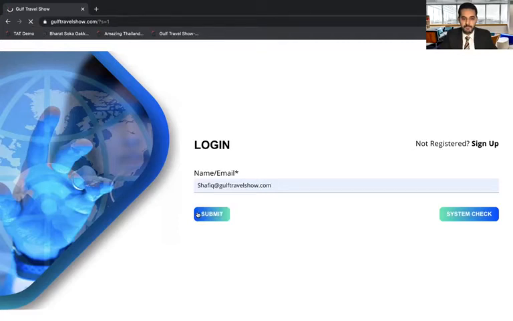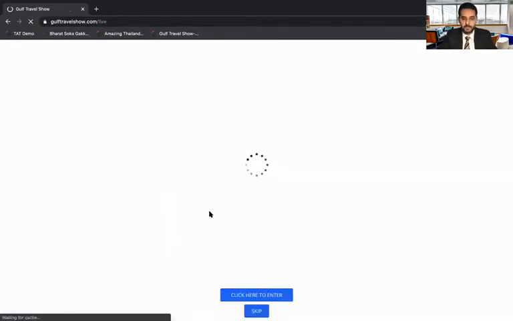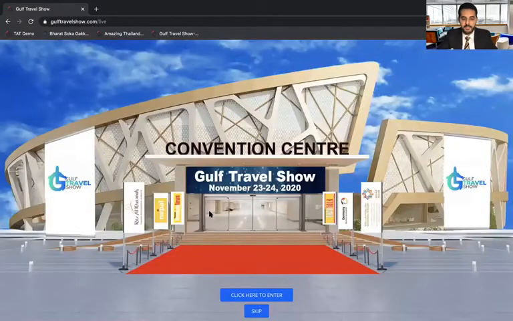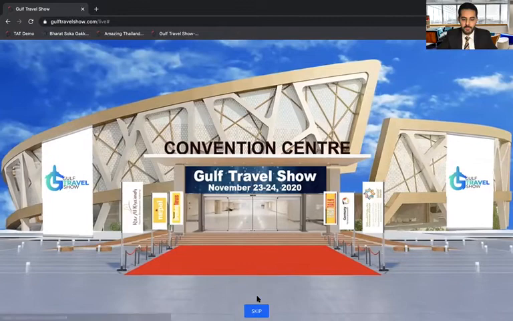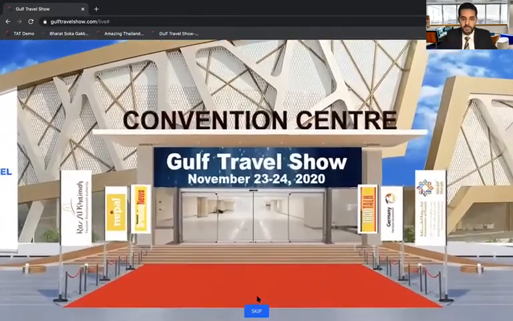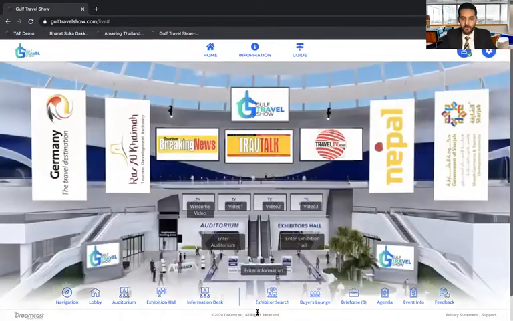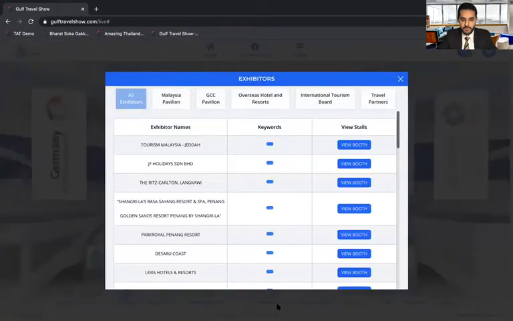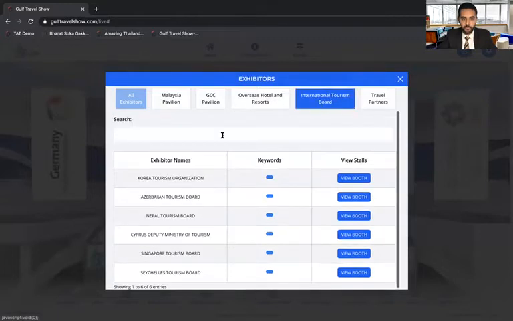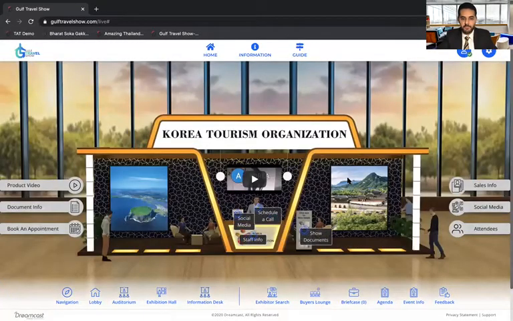So once you submit, you're able to view the front end of the platform in its full glory. And you can witness the small walk-in functionality that is there, or you can simply skip it and reach the main lobby of the platform. You can search your own booth by the search tab on the bottom of the platform. And as per the pavilion, you can go to your own booth. For the sake of this demo, we have taken one of the booths to show how exhibitors can log in on the front end of the platform.